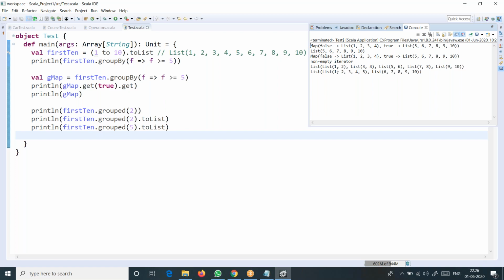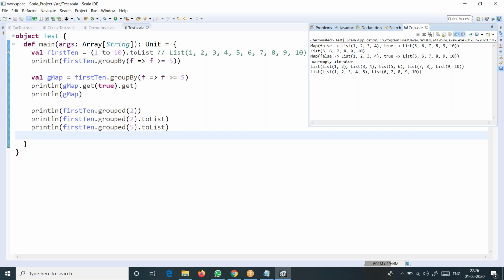So what's happening here? It is grouping all the elements into pairs of elements, not what I was trying to say. My analysis is wrong here. I said it will break down into two blocks. It's not correct. You can see the output. Based on the output, I don't need to explain. That is perfectly clear for all of us. So when I say grouped of two, it divided the list into blocks, but each block has two elements. That's what is happening here, right? Again, in the other one we are just applying a cast to the list. That's all.